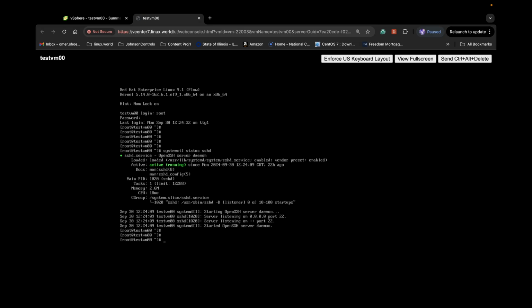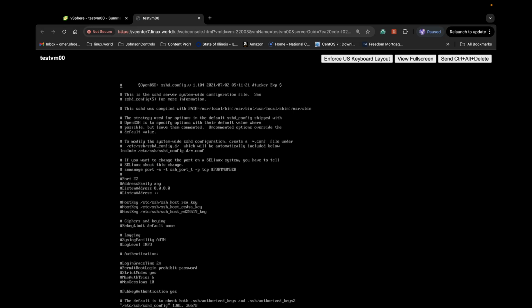Another thing we're going to check is its configuration file, and make sure that user root can log in remotely. I believe we checked that option during the install process to allow it, but we're going to check the configuration file one more time. All the configuration files are under the etc directory. Under etc, we're going to go to ssh, and under ssh, we're going to go to sshd_config. Open that up, and we're going to search for a string. If you press / here, you can search for